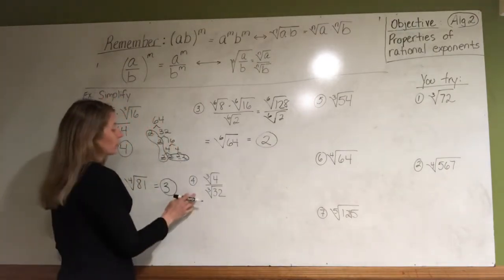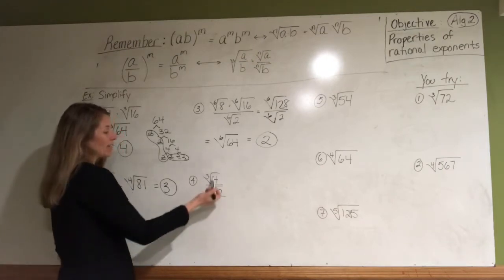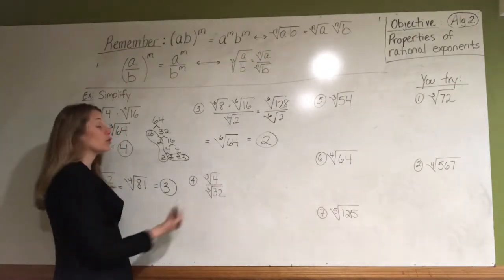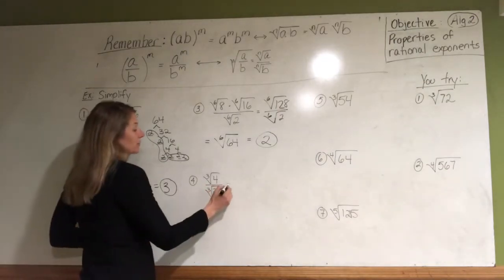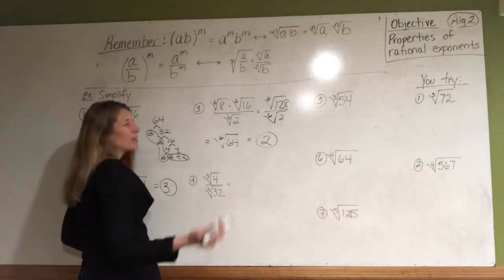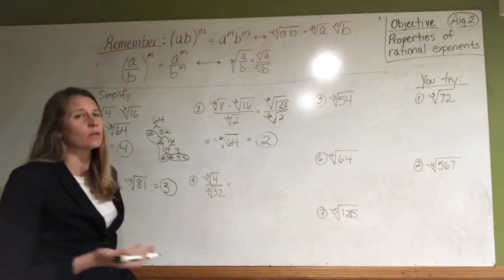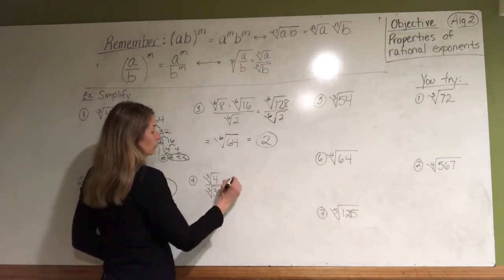All right, number 4. Now this time, the smaller number's on the top, so even though we can't divide it evenly, we could reduce that fraction because they're both cubes. So sometimes that helps you, sometimes it doesn't. There's no way to know until you check it out. But you're always going to have to have your answer simplified anyway, so you might as well reduce it if it's possible. So 4 over 32 would reduce to